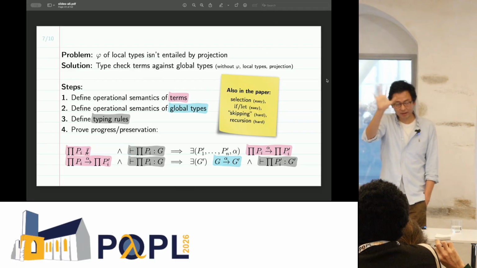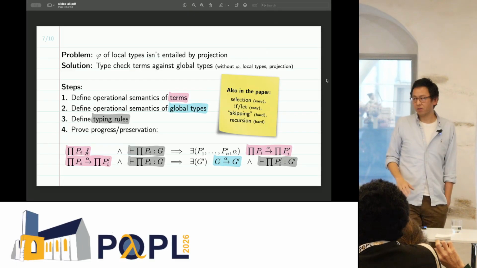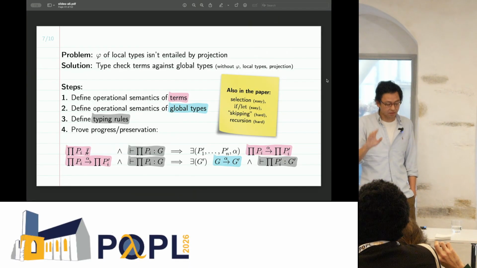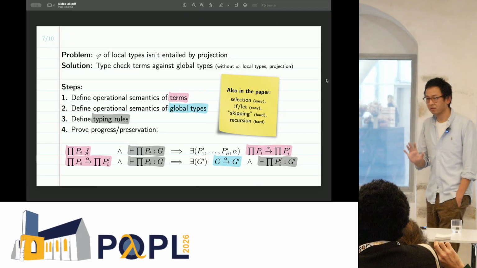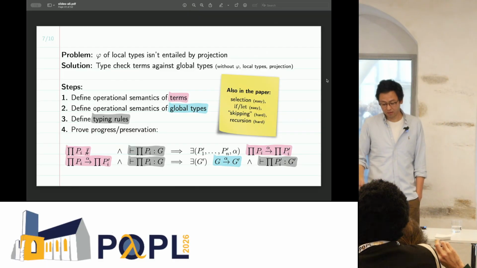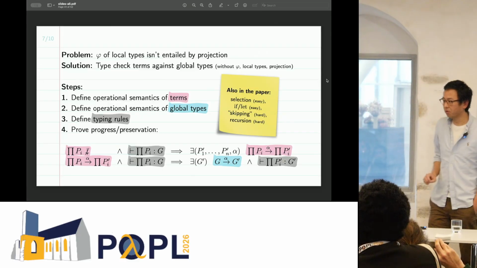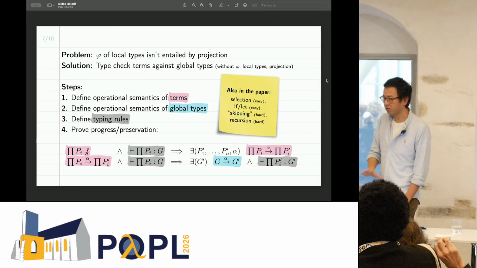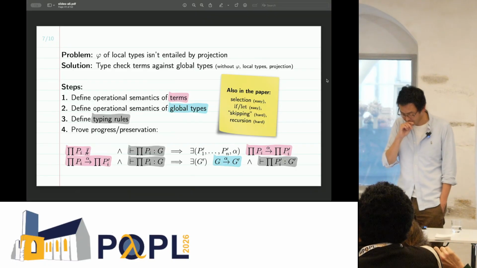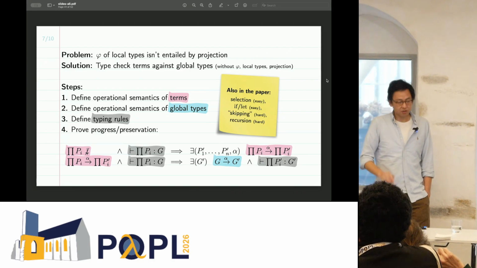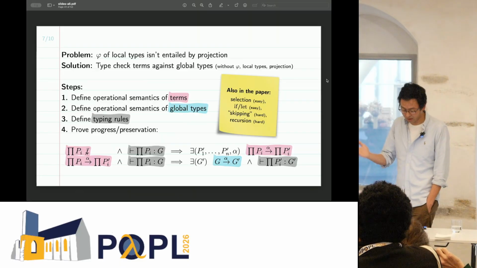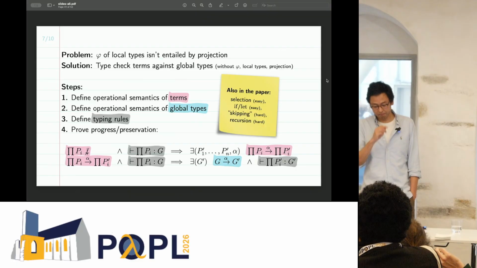Now, in this very simple example with only one transition, this is easy, but if you have arbitrary branching in your transition structure and recursion or cycles as well, then it gets a lot more complicated. And so the most difficult typing rule for us to get right was actually the one that supports this kind of skipping. For people who've seen multi-party session types before, this is very much related to merging in the classical approaches. Okay, we do all these 4 steps, and then we can write the paper, submit to POPL, and then we are happy. That is, in a nutshell, what happened here.